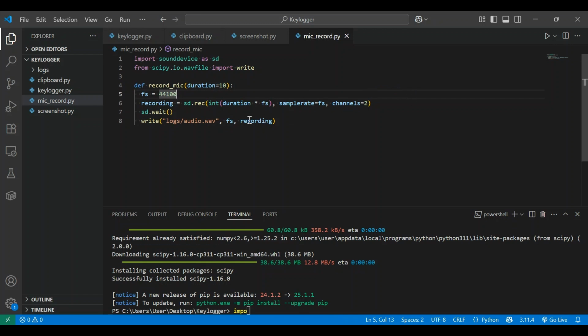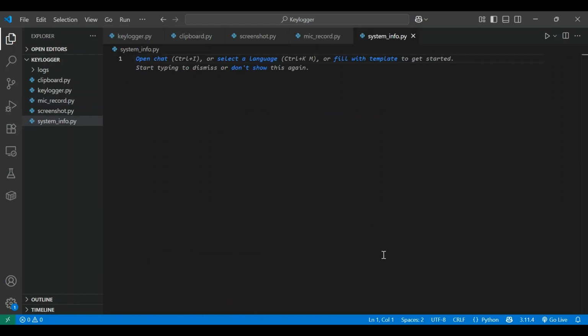Here we use this wait function, which blocks the script until the recording is finished. And then we save the recording into this folder, and the file is named